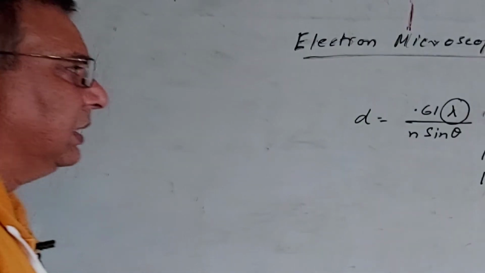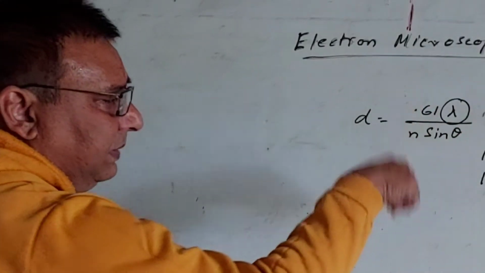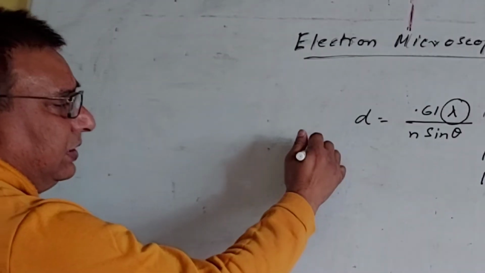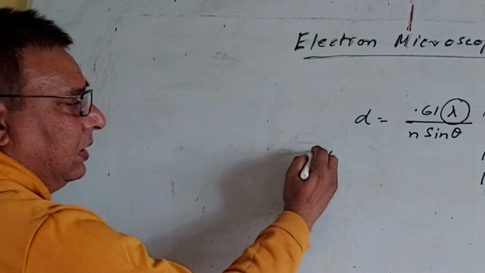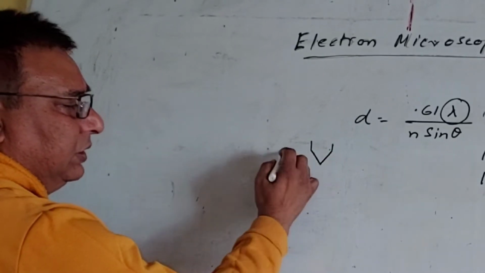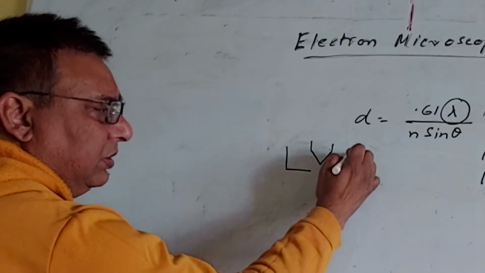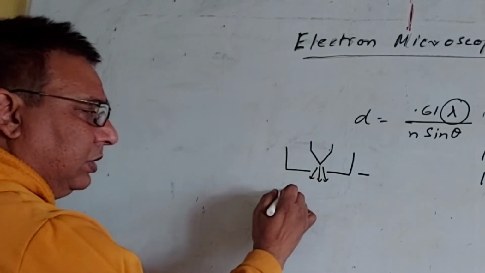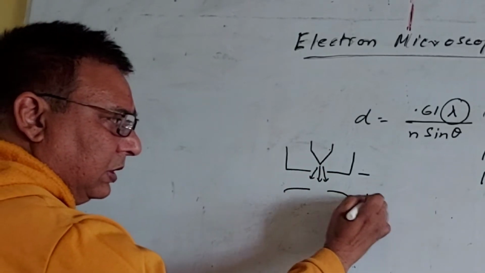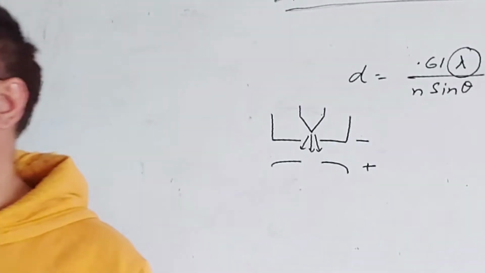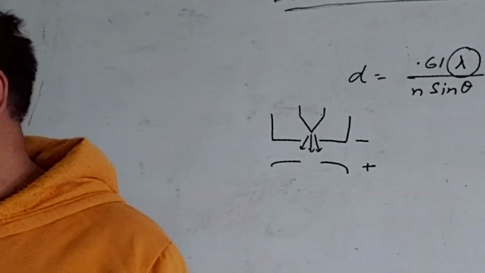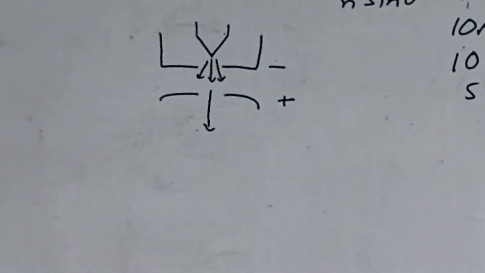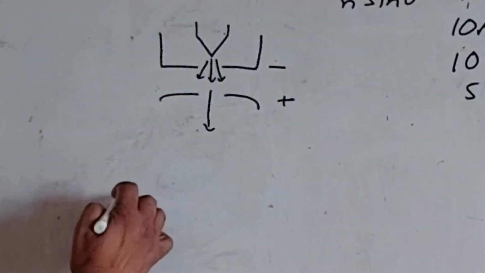So the main thing about the electron microscope is the electron beam that we produce, having a very, very low wavelength. How is it being generated? It is generated with the help of a tungsten wire, which is kept as cathode. So this is cathode. From here the electron beams are generated towards an anode. Because the electrons are negatively charged, they move fast towards the anode, and then they pass through a tube which is basically vacuum, but it has some lenses.